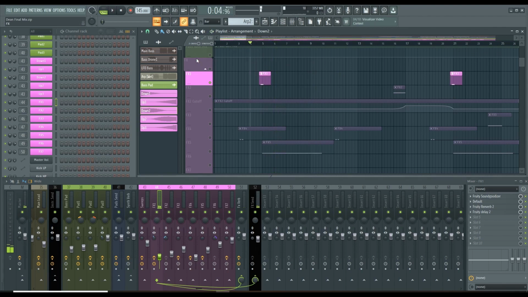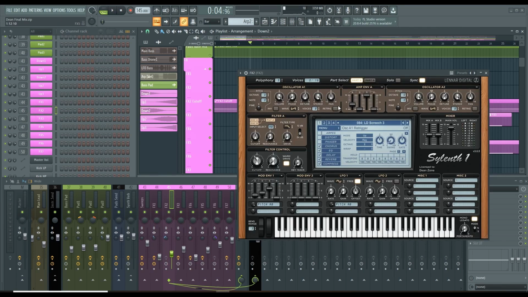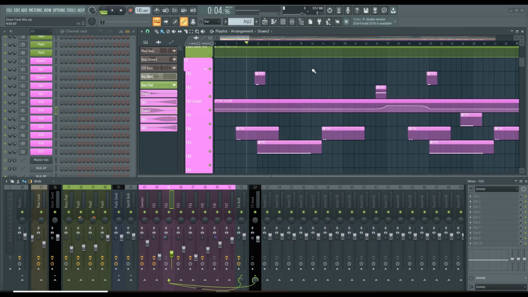Let's listen to that in context of the full mix. Again, it's an effect. It's not supposed to be particularly noticeable. It's just an interesting noise in the background. The next one we'll go to is FX2. So this is basically still being rendered with